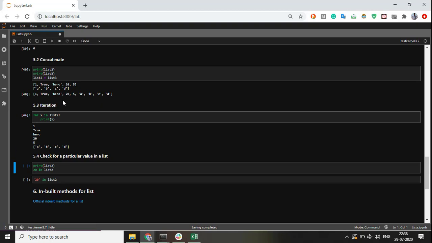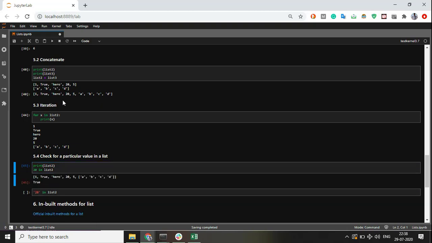Right. So next, if I want to check whether a particular value is present in a list or not, let's say I want to check if my value 20, which is an integer, is present in list 2 or not. I'll just directly write 20 in list 2. It will return a boolean value, true or false, depending on whether it is present.